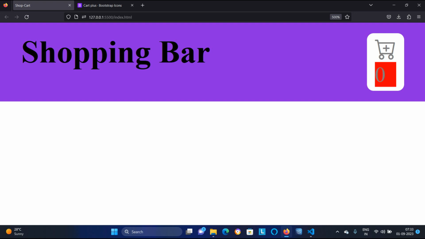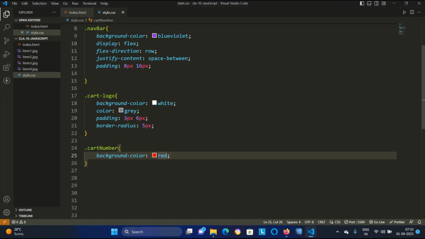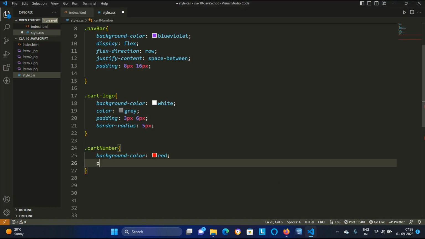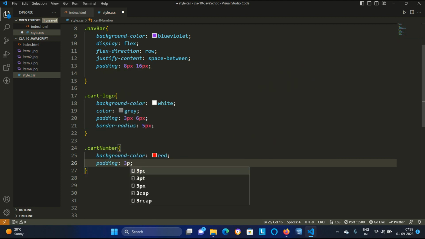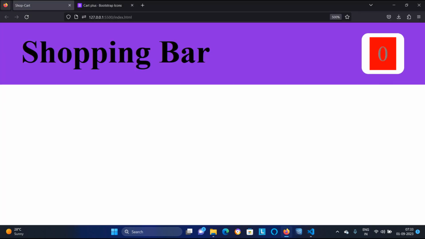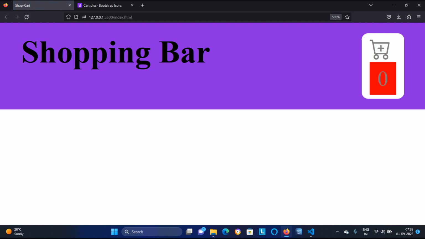So what will I do? First of all I will give some padding to it. Okay, so I am saying the padding of this same 3 pixel and 6 pixel, just Control S, go back, refresh it. You are looking, it has taken some padding from top and bottom and left and right.